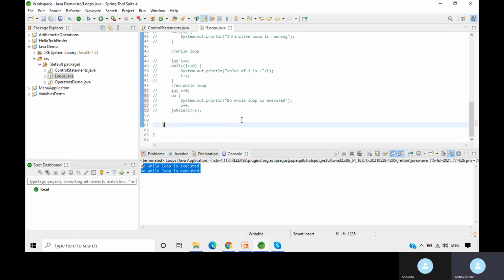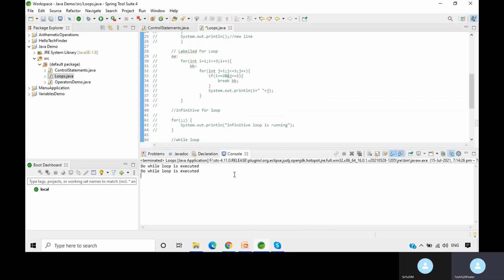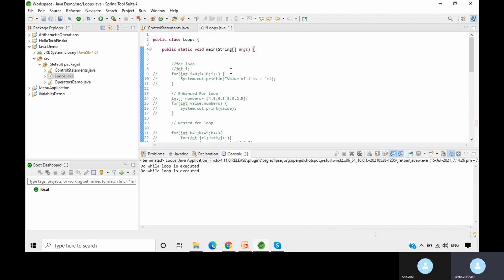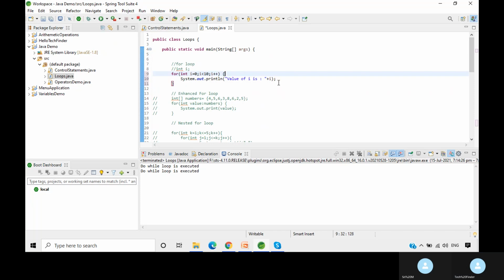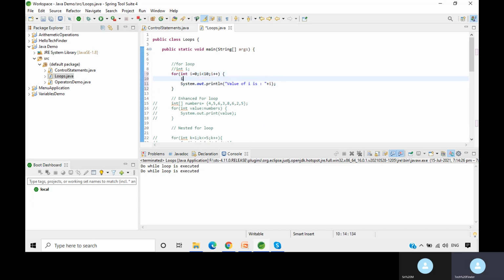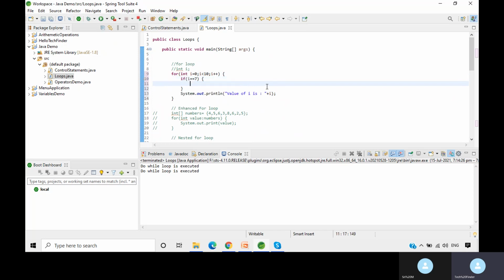And now we'll see the break statement usage in the for loop. Suppose here, if i equal to 7, break.